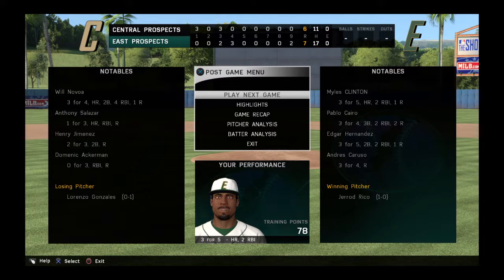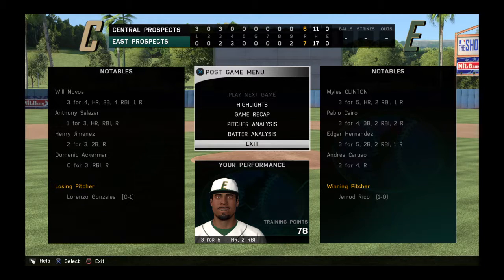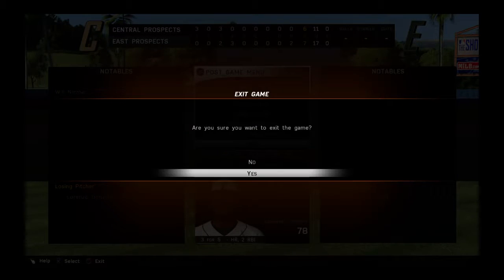The Eastern Prospects win this one 7-6. No errors. 16 men on base. For the visitors, 6 runs, 11 hits,